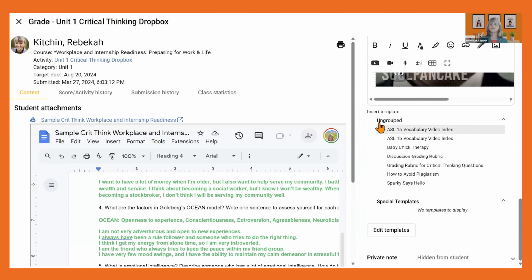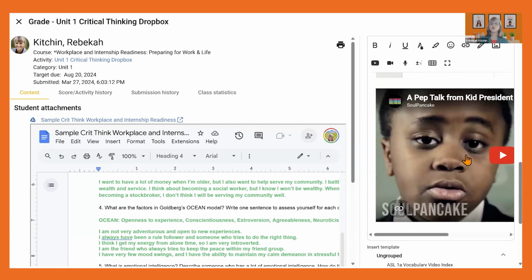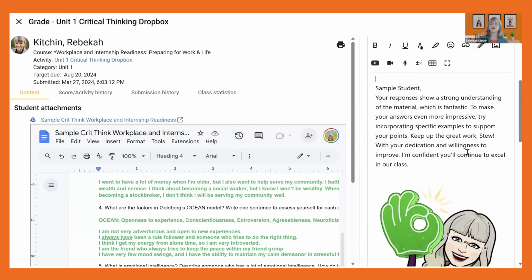You also can use templates. These are the things that if you have to repeat things to students, or if you know they're going to need a certain tool, you can set up templates in order to, with one click, be able to give them a screenshot or a link or something that will support them in doing their work. I'm going to close this assignment